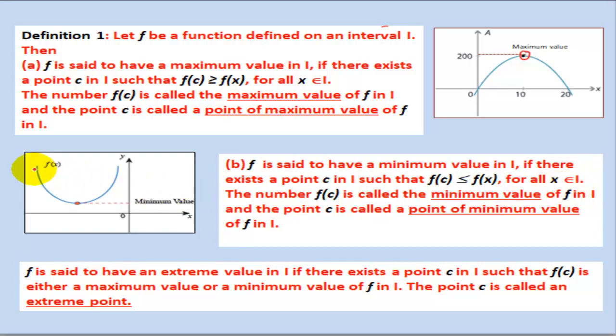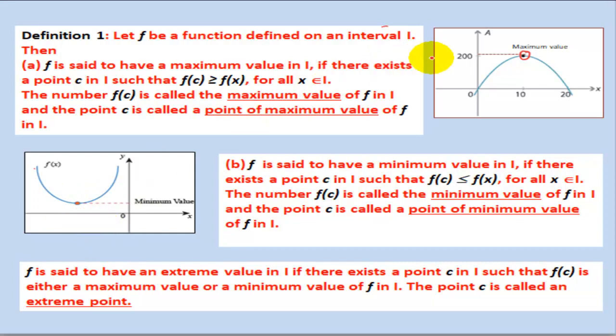So if you see, x is going to attain different values according to this curve. So with every different point, its x coordinate is changing. So for all those different values of x, we are able to trace one value of x, which is c, for which the value of the function is smaller compared to the rest of the values of x. So in that case, c becomes the point of minimum value and the value of the function at c is the minimum value of f.